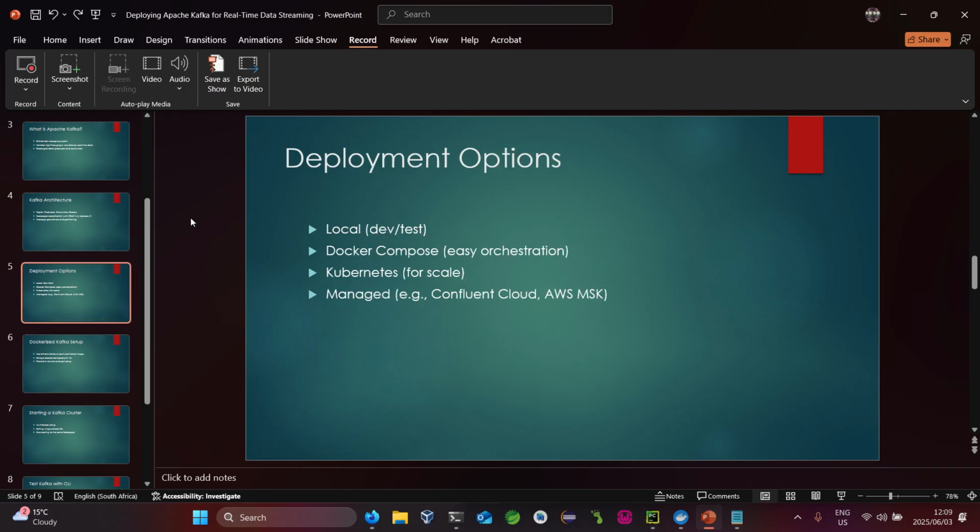Okay, let's look at the deployment options of Kafka. So, we can do a local deployment through dev if you have a development environment, or even through test if you have a test environment. Another easy way to deploy Kafka would be to use Docker Compose, which is the easy way of orchestrating a Kafka deployment. And for scale, of course, you'd want to use Kubernetes, either a managed or unmanaged Kubernetes cluster. However, for today's tutorial, I will definitely be using Docker Compose, as it is pretty much easy to deploy